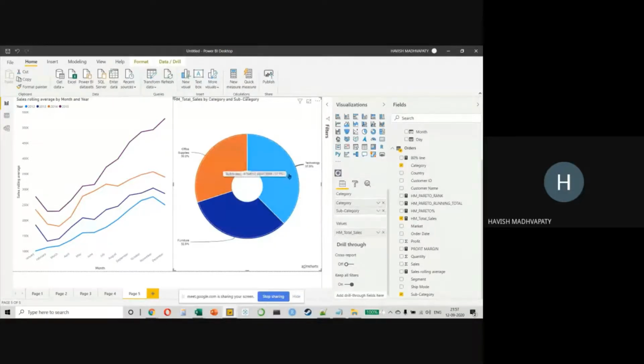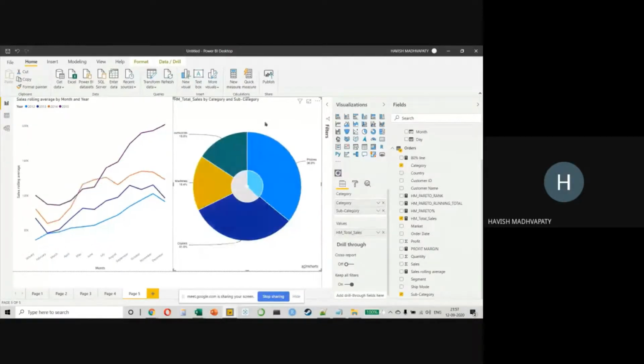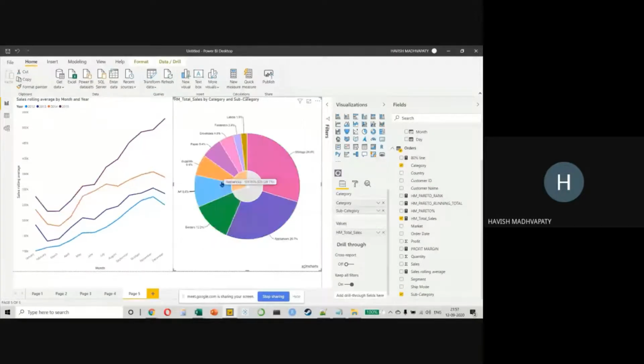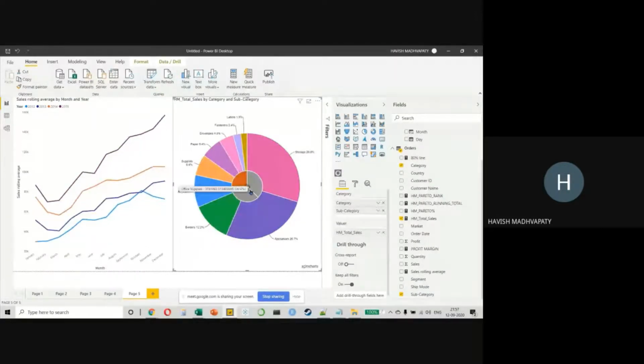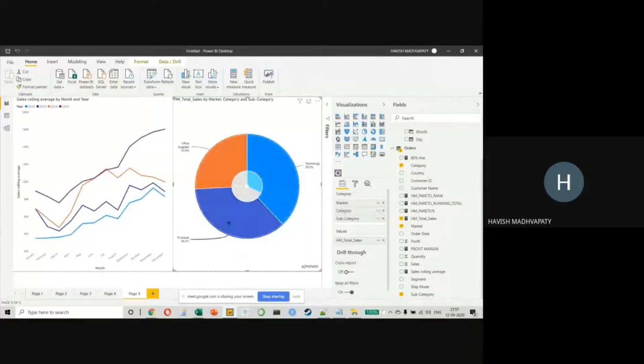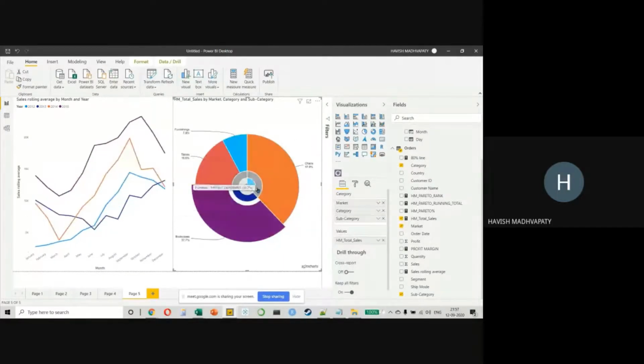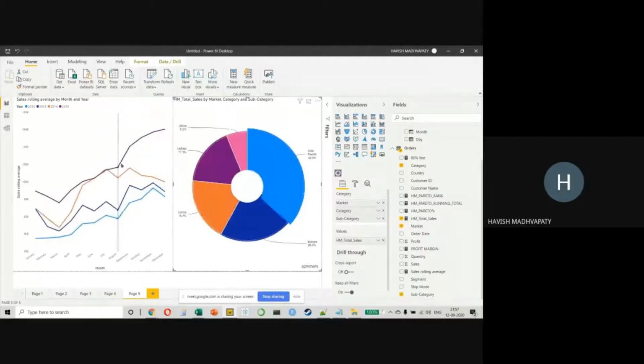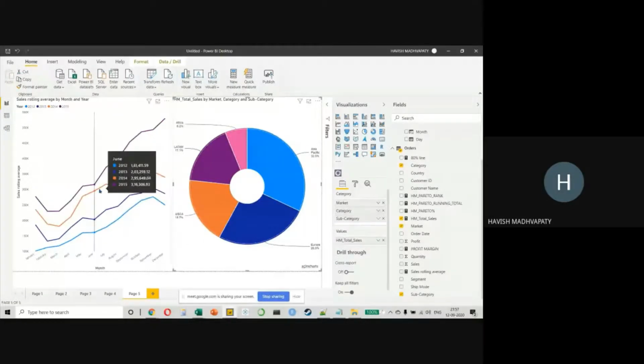So if I click on technology, it will show me the 4 subcategories within technology like this, right? And that is what makes it dynamic. So theoretically, you can even keep one more level. So 3 levels are permitted. So I can see APAC, United States, Canada, Europe, LATAM, and Africa. And I can click on a category and see the subcategory. And obviously, all of these things are interconnected with the rolling averages that you have created, right?